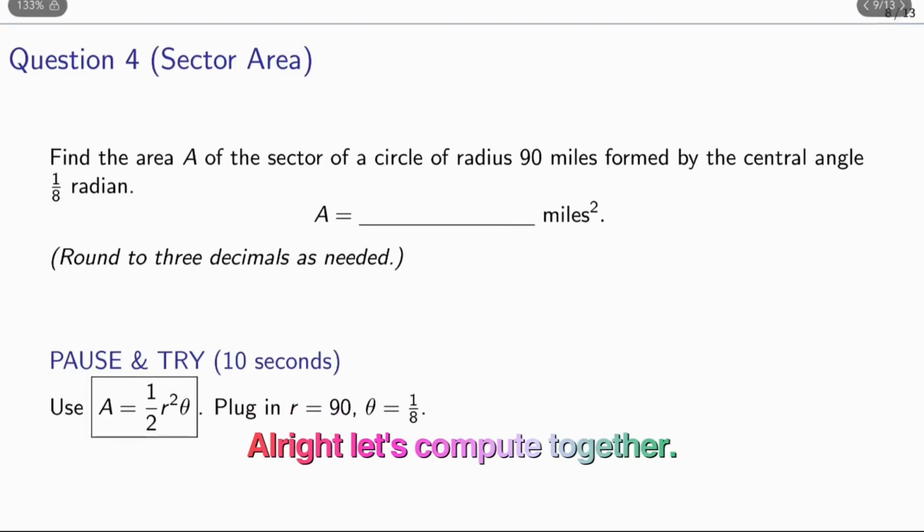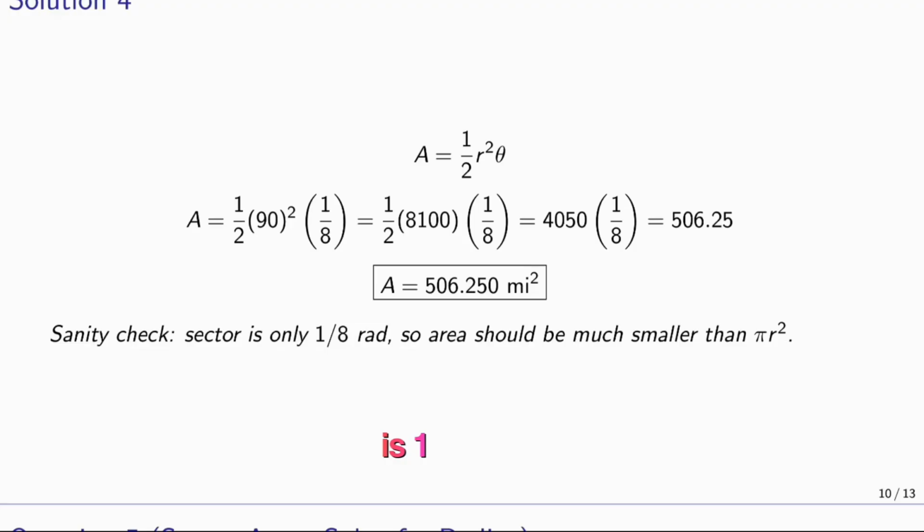Alright, let's compute together. So we know the area of a sector is 1/2 the square of the radius multiplied by theta. Here we just plug in radius, which is 90, and theta equals 1/8. First, the radius squared means 90 squared, which is 8,100. Then half of 8,100 is 4,050. Now we multiply by 1/8, so that is 4,050 divided by 8, which is 506.25. So again, the sector here is only 1/8 of a radian, so